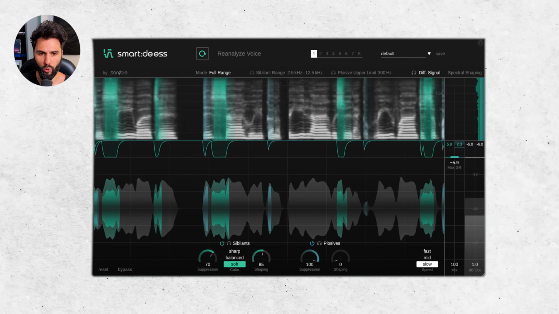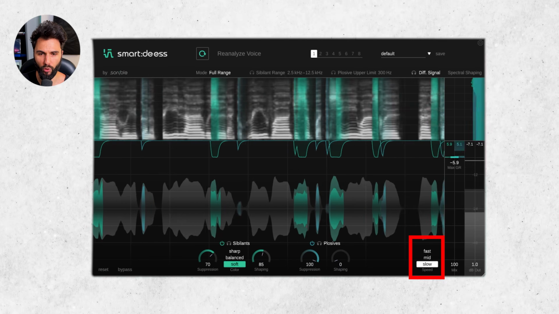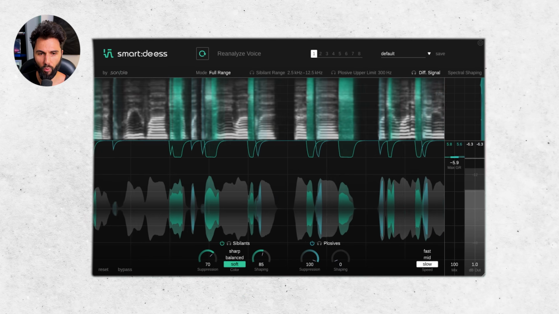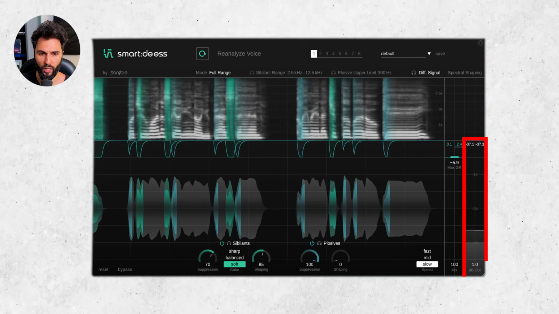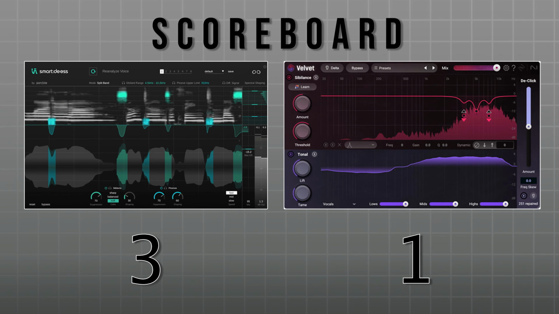Unlike Velvet, we can also control the speed of the reaction to problems with 3 potential settings. And for even more control, Smart de-ess has a built-in output gain to adjust levels after processing. While Velvet provides focused surgical tools and the ability to double as a re-esser, it lacks the deeper insights and streamlined controls that Smart de-ess offers. Because of that, I'm giving the point to Smart de-ess for the controls and interface category, bringing their score up